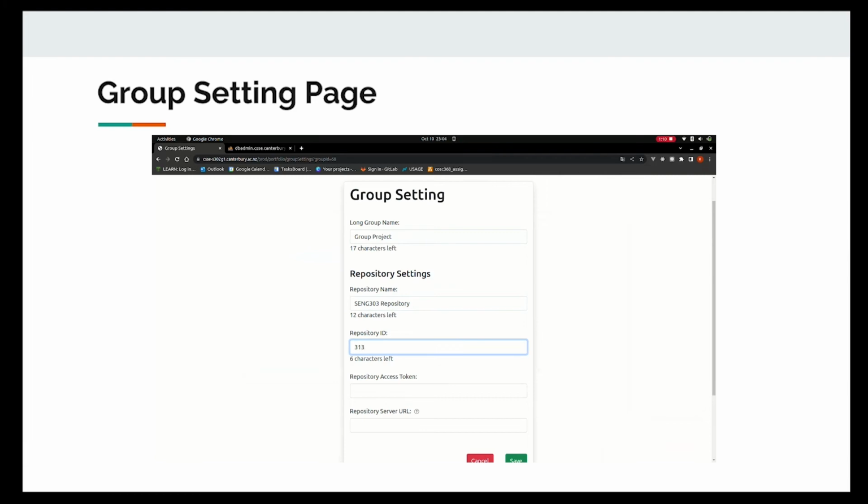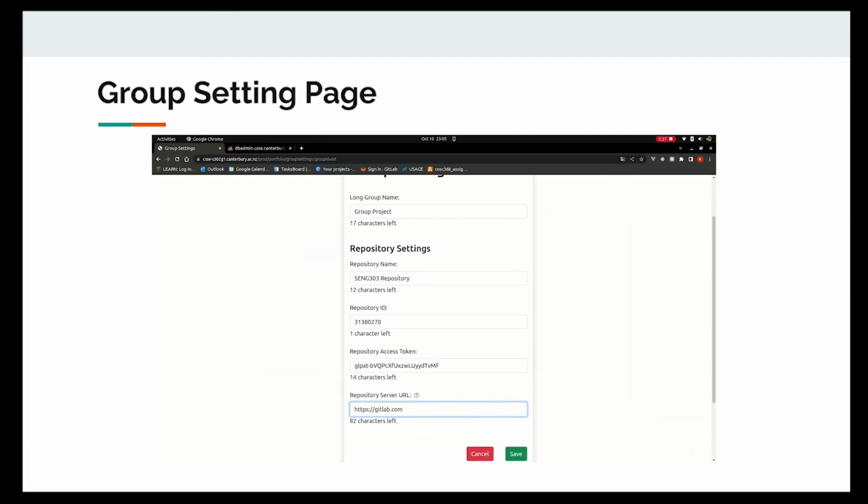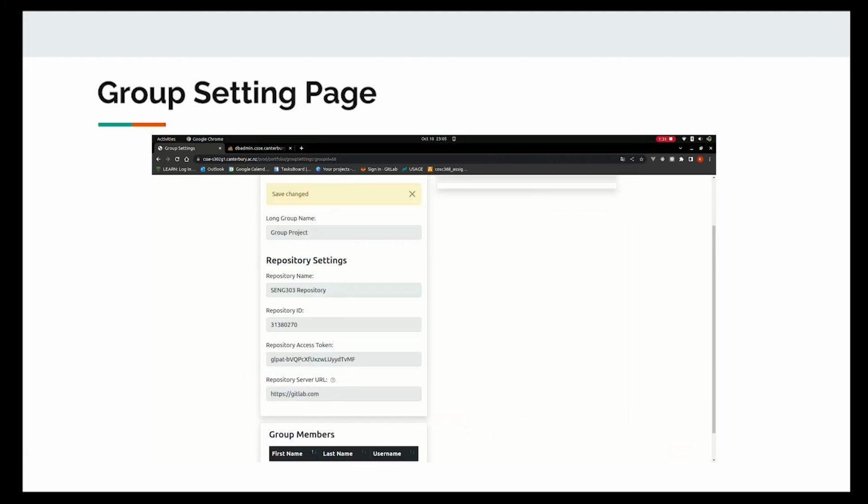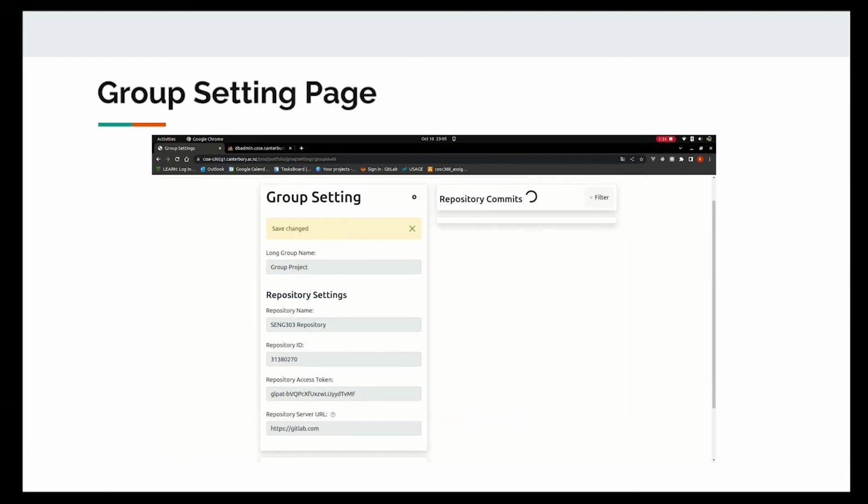And as you can see, it shows the group members and then the group settings section. Clicking the cog button will give you access to edit the settings. You can edit the group name as well, and then set up the connection to the repository. So here I just create a basic name for my repository, Sense303 repository, and then the repository ID, repository access token, and then the repository server URL are used to connect